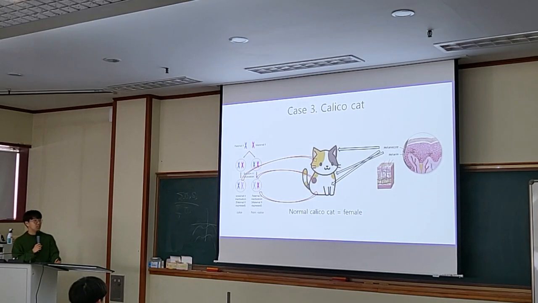Every normal calico cat is female. This is because of the cat's genetic system and X inactivation, an epigenetic mechanism. A cat's hair color depends on the melanin pigment inside the melanocyte cell. This melanocyte cell is differentiated from the stem cell, and